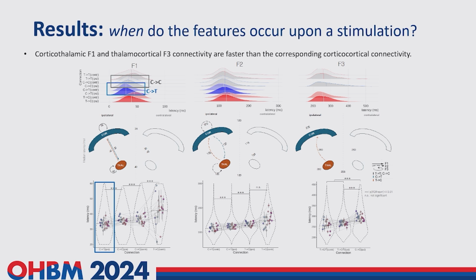So thalamus not only receives widespread cortical connectivity, but it also receives the earliest. And it is similar in the other direction. When you stimulate thalamus, the F3 oscillation happens the earliest in the cortical regions. So we also saw from the previous matrices that the cortical regions can have some theta oscillation, but those are later than thalamocortical oscillation, which probably means those oscillations are derived from thalamocortical.